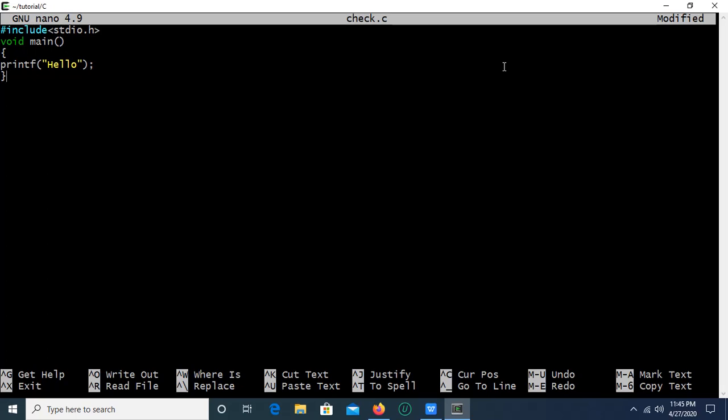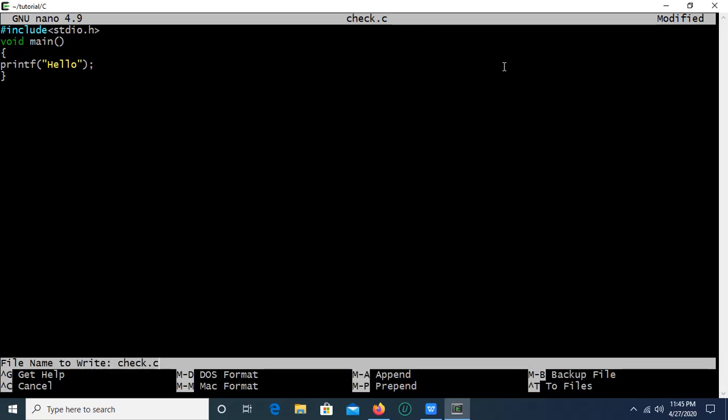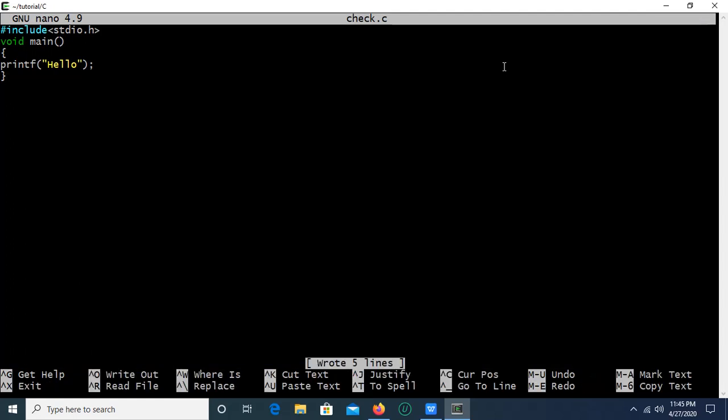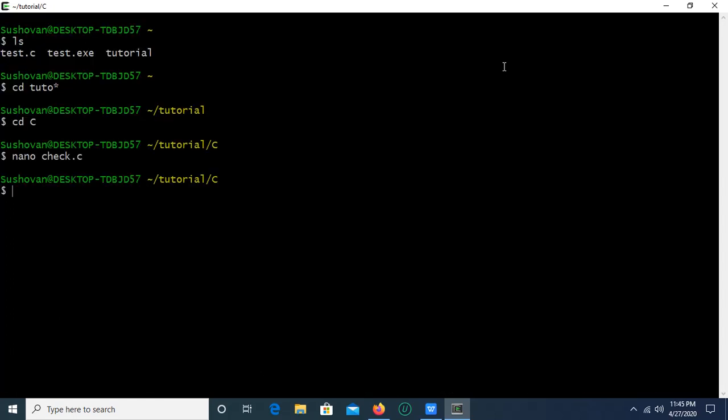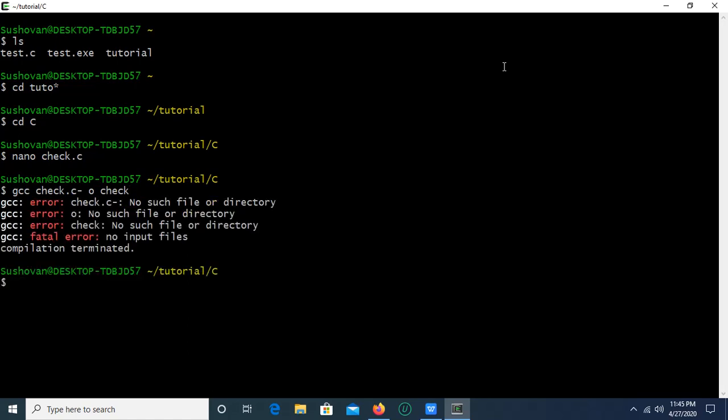So it's done. Press Ctrl+O and enter. Then you type Ctrl+X. For compiling, gcc check.c -o check, because you are now creating the object file. Check. Okay,